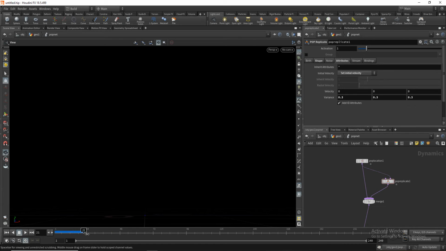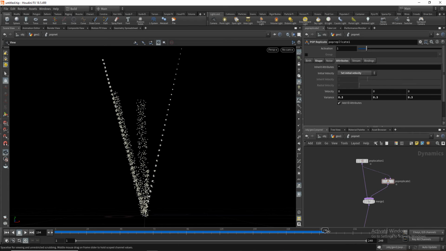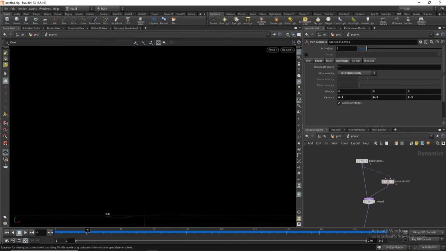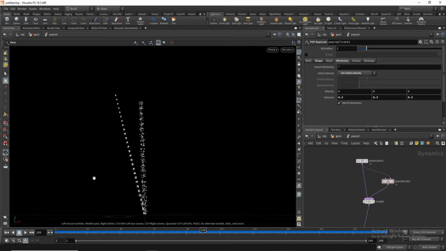And reduce it. So as you can see, we have the trails, but it's giving us some stepping issue. So we will fix it later, but first of all